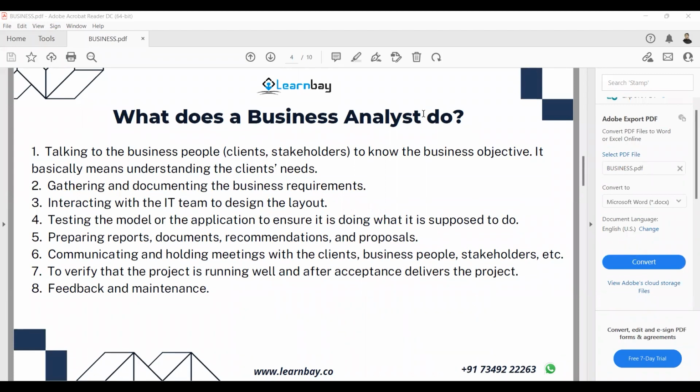But these are a few things: how to analyze the data, how to perform some statistical operations. And one more thing, statistics is also very important, guys. If you don't understand statistics, the difference between mean, median, and mode, and what dispersion is, you won't be able to analyze data in a better way. So statistics is also very important. I hope you are clear with the job prospects, the skills required, and the job responsibilities a business analyst and a data analyst have.